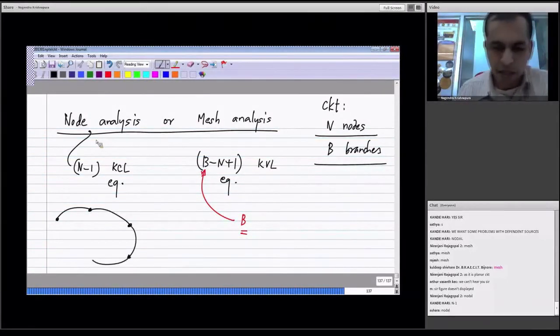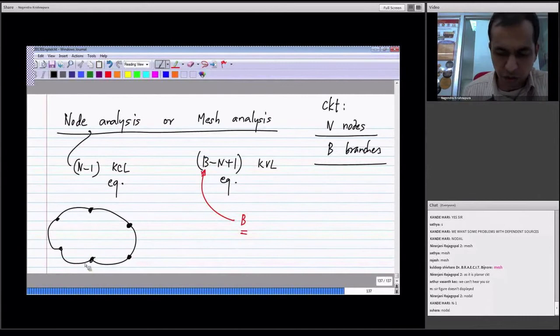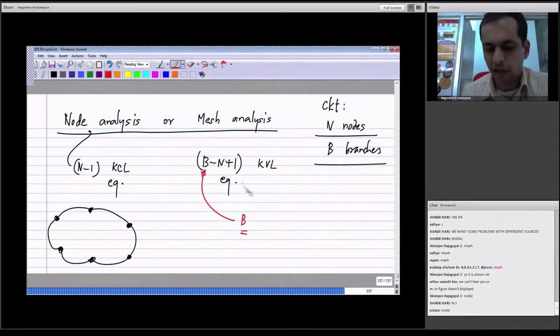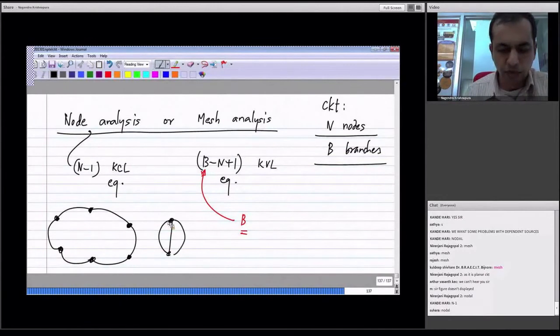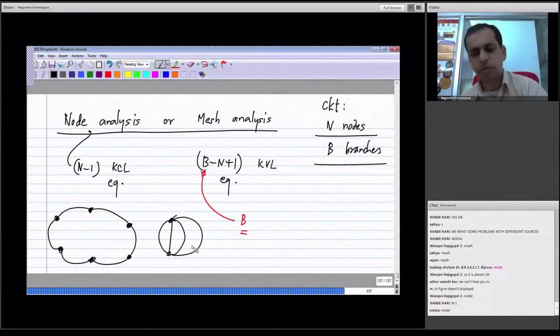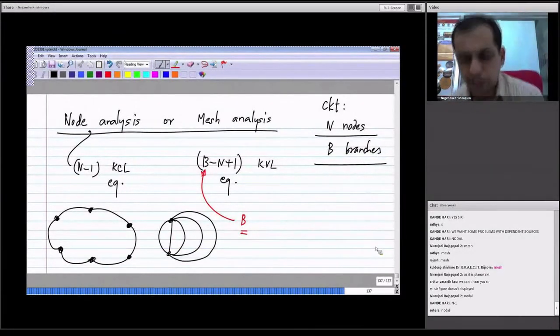Alternatively I could also have things like this. I have only two nodes but so many loops. Now these are weird cases. Obviously in this case, on the right hand side, when you have only two nodes, you would use nodal analysis, and in this case you would use mesh analysis. There is a single loop. But what happens in a general case is that